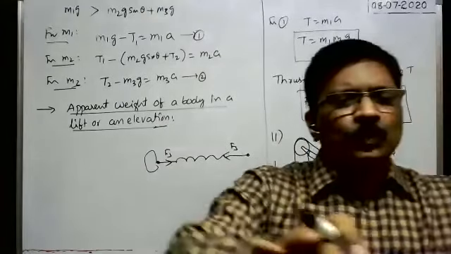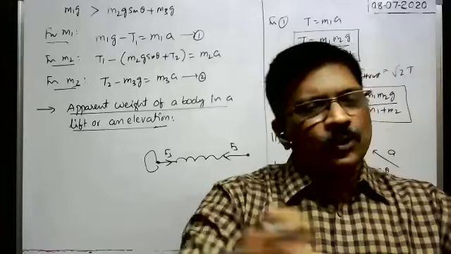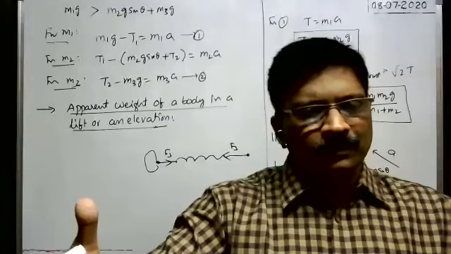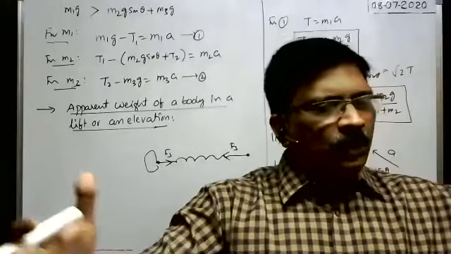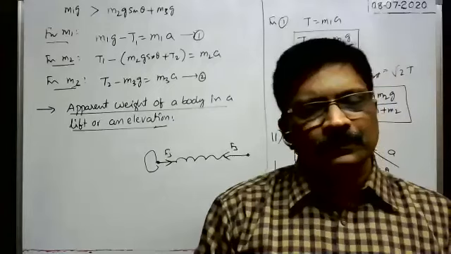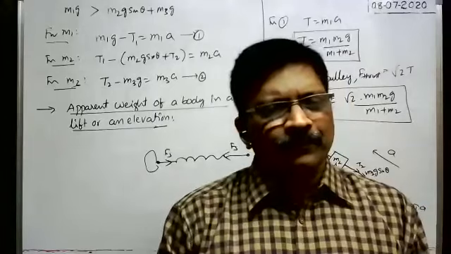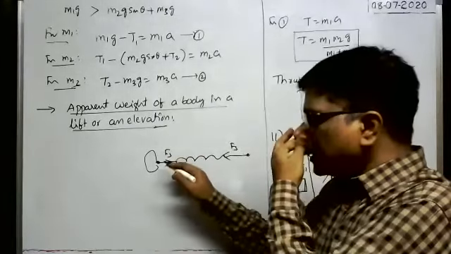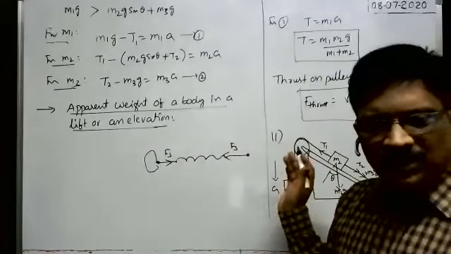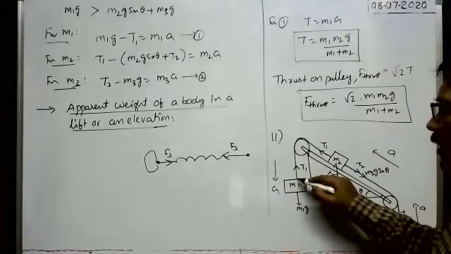The best example: on a smooth horizontal table, keep two small blocks connected by means of a spring. You pull the two blocks away from each other and when you release them, the two blocks come close to each other, not just one. Yes sir. That means the spring exerts forces on the two blocks towards each other, that is, away from this block and away from this block. Similarly, in case of tension also, tension is always acting away from the block. And when we consider this block, it is in this direction.